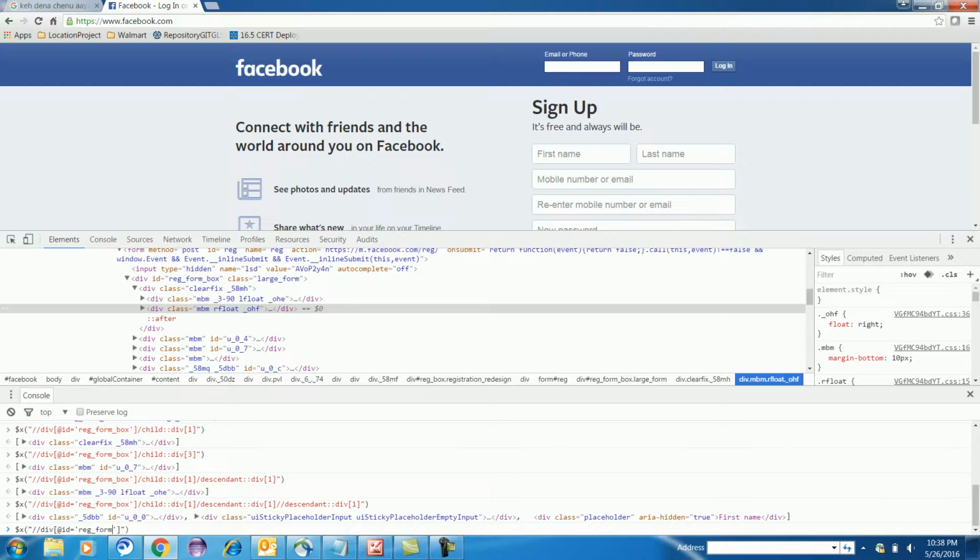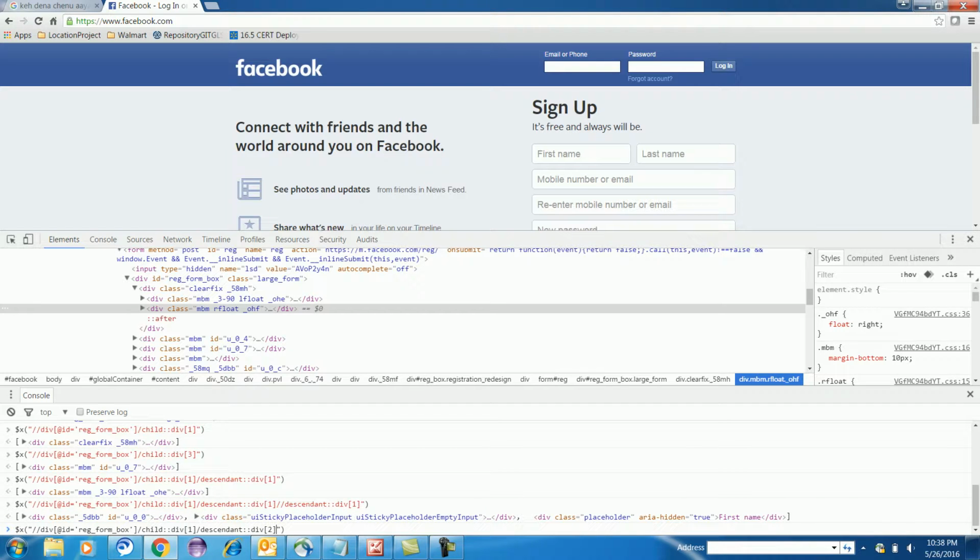registration form box, right? Then what we can do is slash child, go to the first child, inside the first child div 1, go to second descendant, which is nothing but div 2, right?